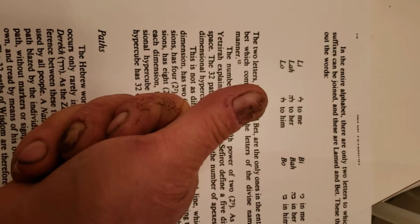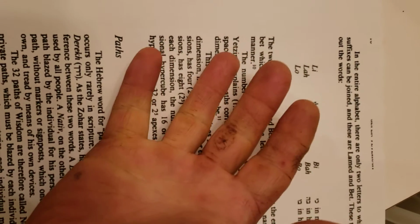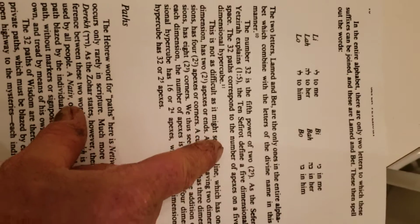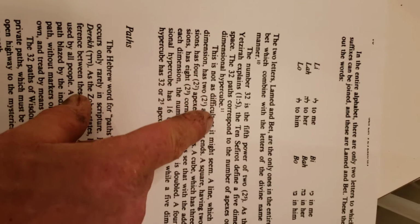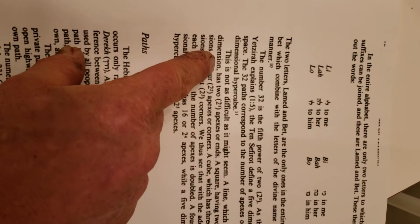The number 32 is the fifth power of 2. 2 times 2 is 4, times 2 is 8, times 2 is 16, times 2 is 32. The corresponding path of the numbers of space on a 5-dimensional hypercube. This is not as difficult as it might seem. A line, which has 1 dimension, has 2 apexes,